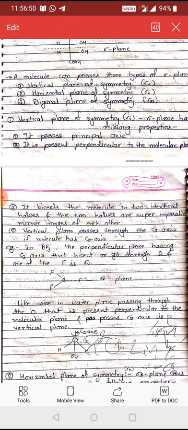What about the water molecule? Is there any vertical plane in the water molecule? First of all, you should remember the geometry of water. Water is a V-shaped molecule in which oxygen and hydrogen are present in the same plane, along with 2 lone pairs of electrons in the same plane. Now, when the water molecule is bisected along the plane that contains